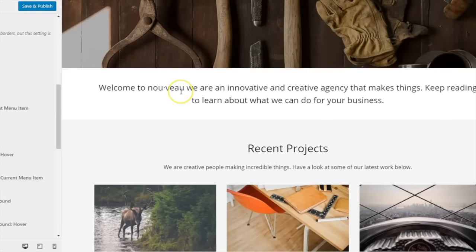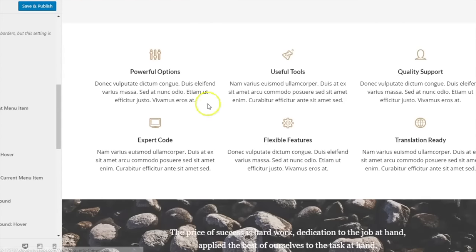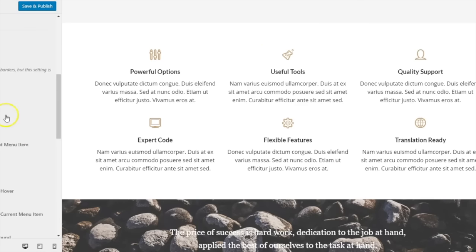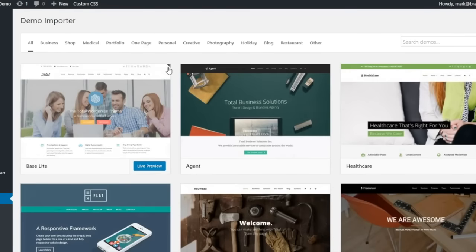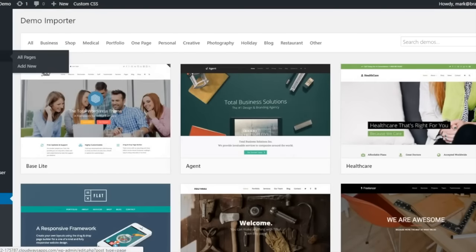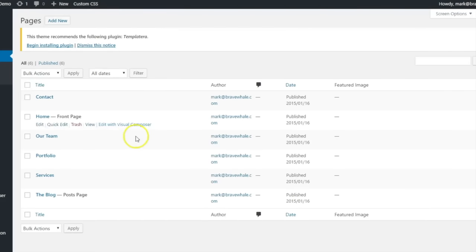So if I want to change other colors, for example these icons, I need to do that in my Visual Composer page builder, and that's going to be back inside WordPress. So let's save and publish our changes that we made in the customizer, and click the X to automatically go back into WordPress. And I'll go to Pages and edit the home page,